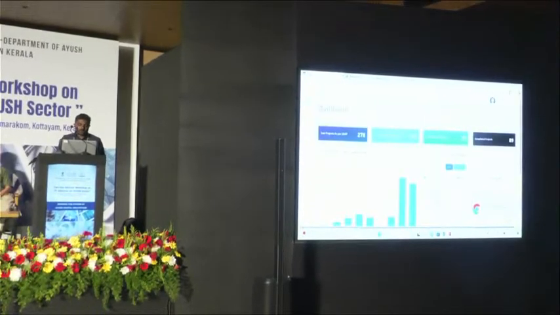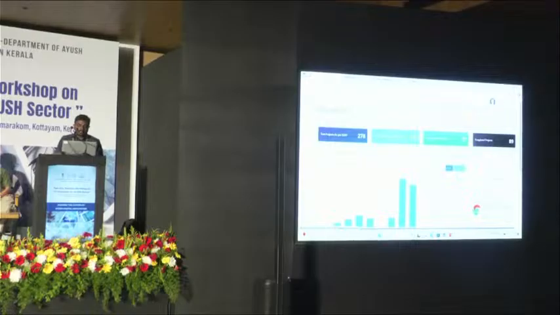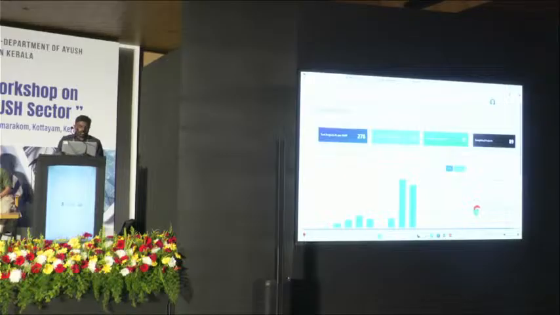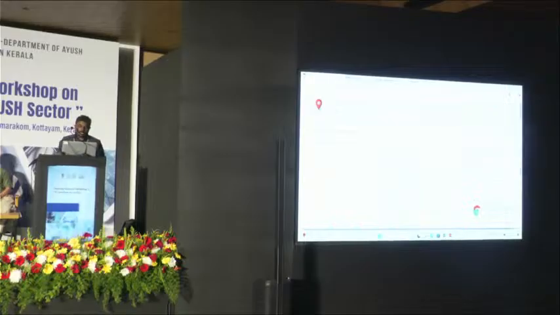The next card is total projects approved as AS and TS. AS means administrative sanction and TS is technical sanction. Here the card is subdivided into 3, with certain values.